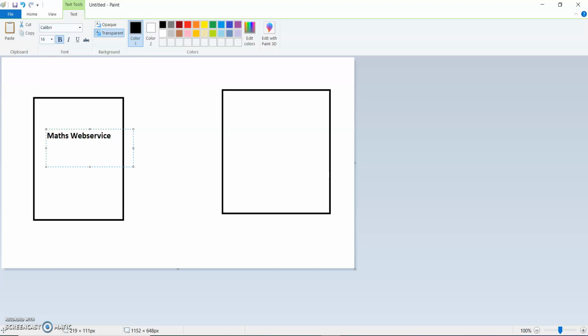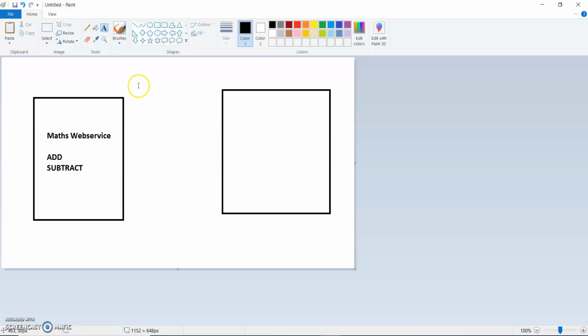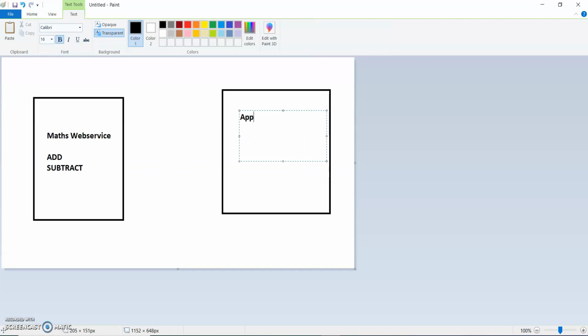It has add method, divide method and multiply method, etc. So add and subtract method, right? So this is my application, and in this application I need to use the add method from the maths web service, right?